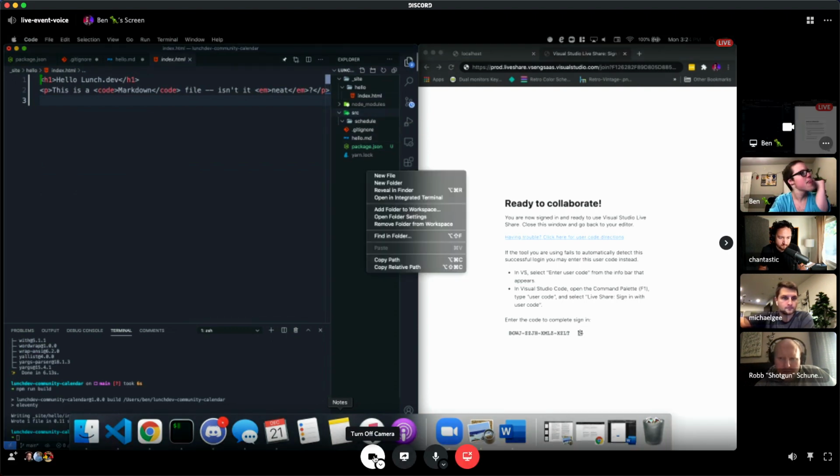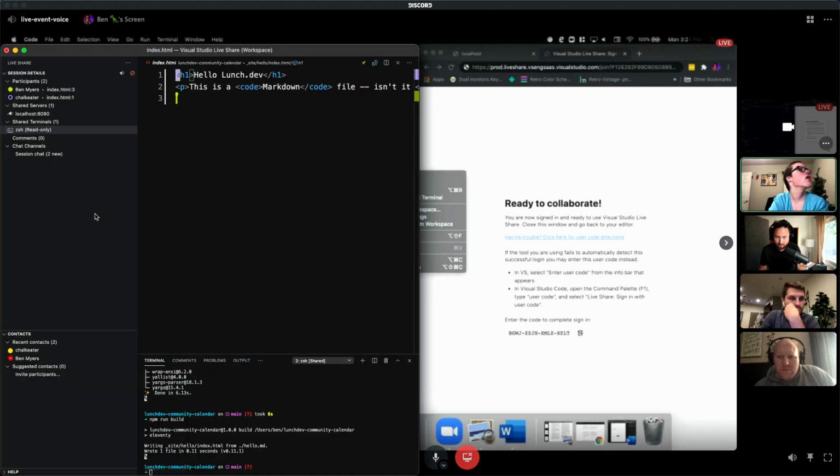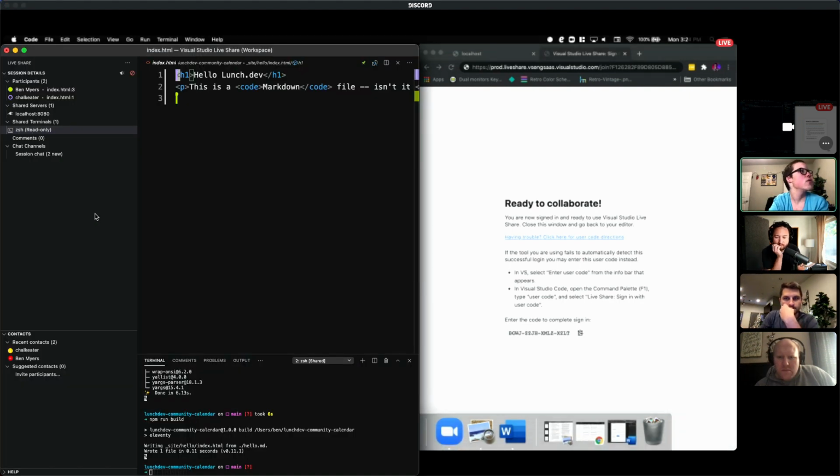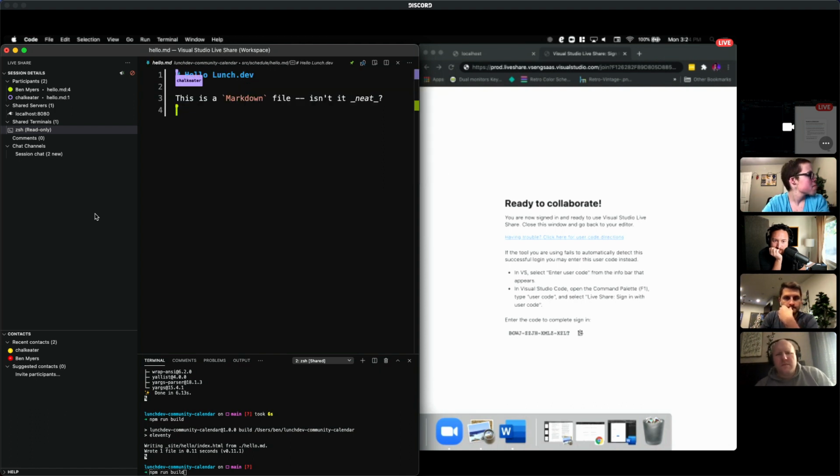So I'll go ahead and move my hello into schedule for now. I'm going to nuke _site. I'm going to do npm run build just so we can see that again. So now that I changed the directory structure here, you can see that we've now got a source schedule hello,